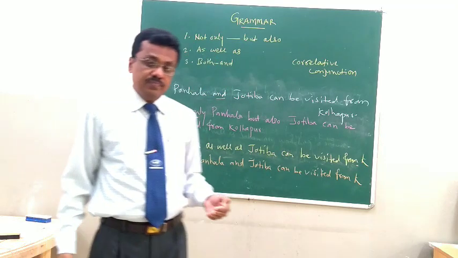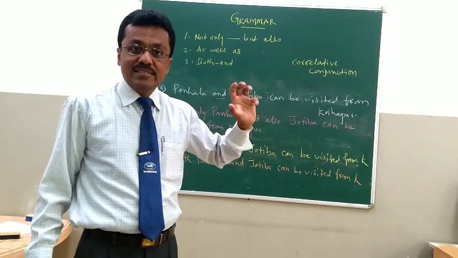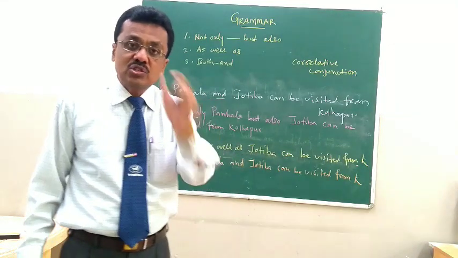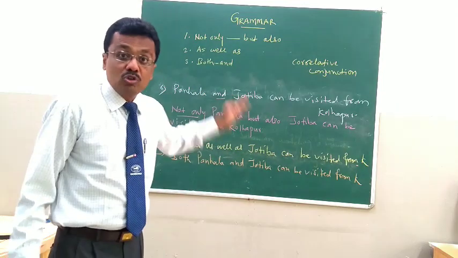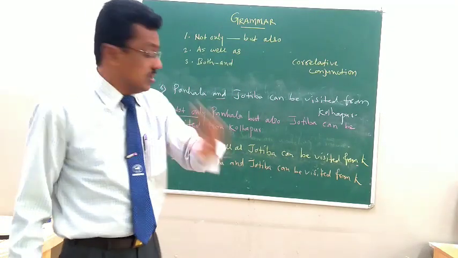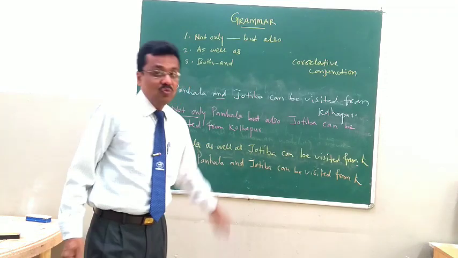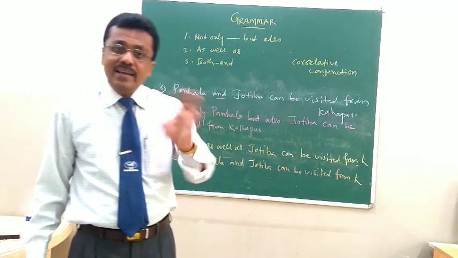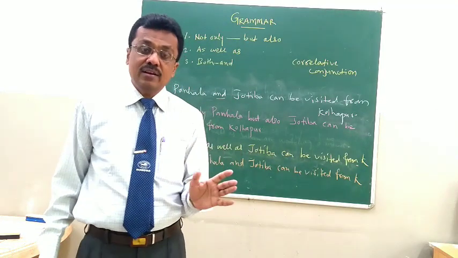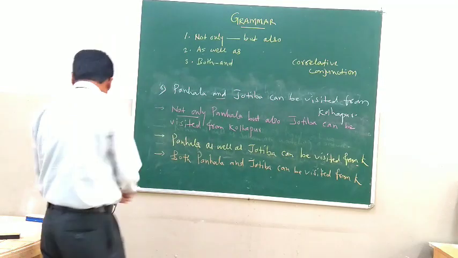To save your time and to understand it neatly, I deliberately framed the sentences so that in a single learning session you can study these three different topics. These three different topics are for 3 marks: not only but also 1 mark, as well as 1 mark, both and 1 mark. So the rules and application are the same, you just have to logically understand how to use them depending upon the sentence. So this one is the example.